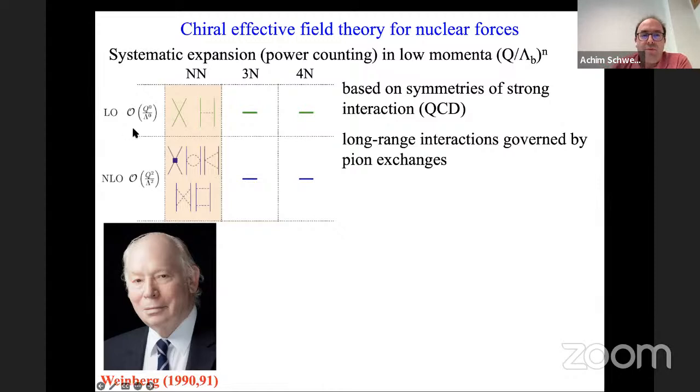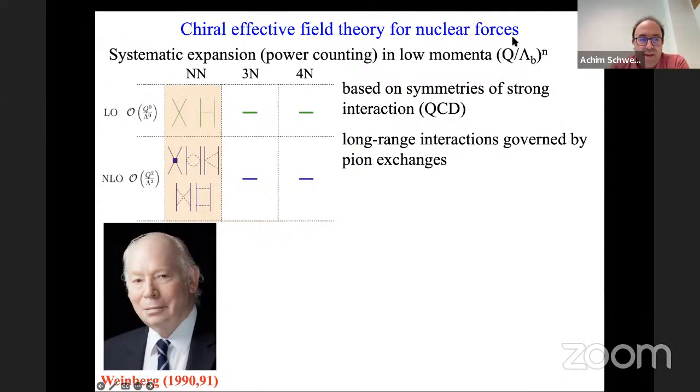Okay, so you can view this as a double expansion. You expand the long range part of the interactions in pion exchanges. At the longest range is one pion exchange, and then you get to closer distances between the nucleons, and there are two pion exchanges. And you expand the short range part of the interaction between nucleons in terms of contact interactions. So it's some smeared out delta functions and derivatives of delta functions. Okay, and basically the power of the theory is that it organizes everything systematically in orders of Q over this